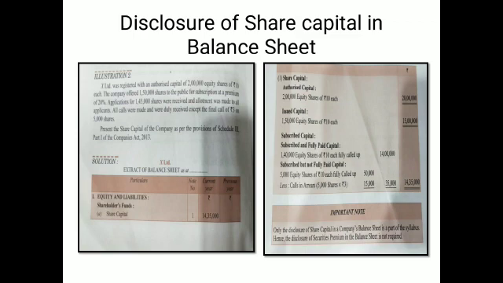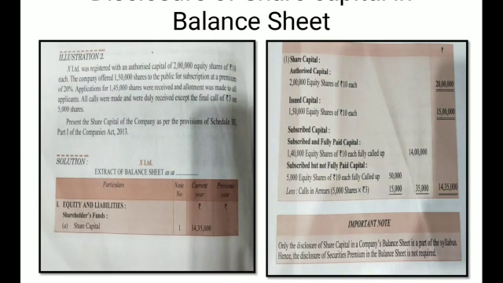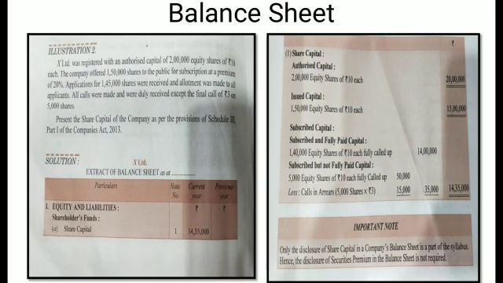Now this is one sum related to the disclosure in the balance sheet. Now focus on the example. The first example: X Limited is registered with authorized capital of 2 lakh equity shares at the rate of 100 each. You may see in the notes to accounts on the right side, share capital is given as note number 1, and the same is listed in the main balance sheet as note number 1. Authorized capital is 2 lakh equity shares of 100 each, and a double line is there after the multiplication. It means this is a reflector; you don't have to add this value to the liabilities.